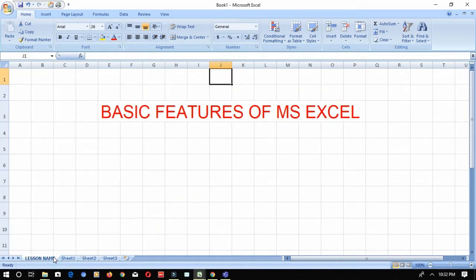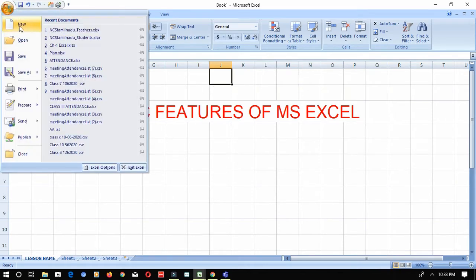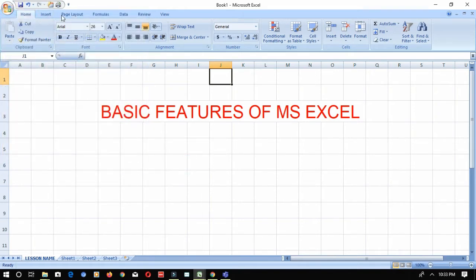So you should know what Microsoft Excel is and what the components of Microsoft Excel are first. See, the screen of your Microsoft Excel software will look like this. This is the office button, which contains these buttons: new, open, save, save as, and so on. Then you have the quick access toolbar, the title bar, and the tabs, which consist of groups inside the ribbon. This is the name box, and this is the formula bar, and these are the columns A, B, C, D. These are the column headers, and 1, 2, 3 are all row headers.